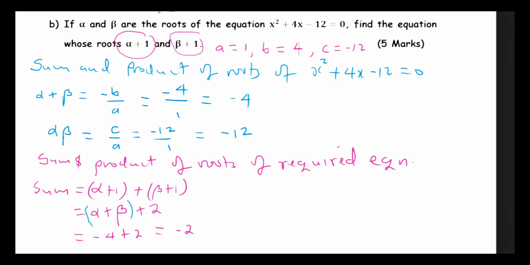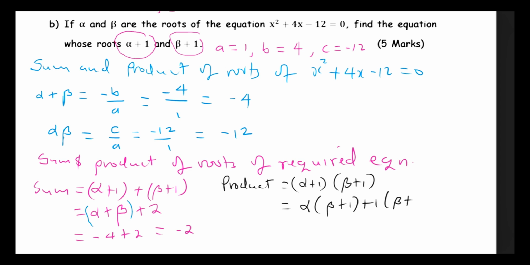So we can use the same procedure to obtain the product of roots. The product of roots will be, just take the 2 and multiply them. That is alpha plus 1 times beta plus 1. So you can do this manually. You have alpha into beta plus 1 into beta plus 1. You open up that, you have alpha beta plus